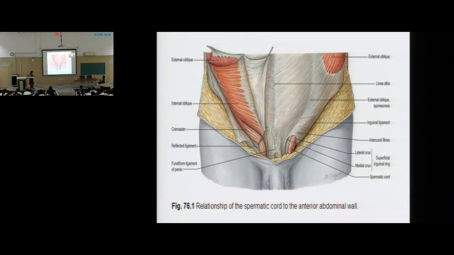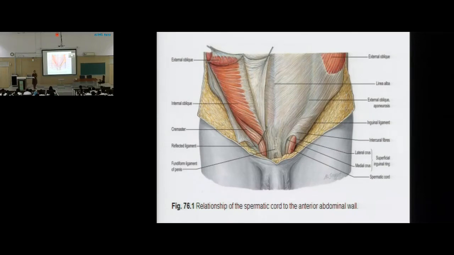Okay, these are the two cruras. अब ये जो crura है, there will be one medial crura. If this is superficial inguinal ring, there will be one crura, that is the medial crura, and that is the lateral crura. Where this medial crura is present and where this lateral crura is present. If I ask you, tell me boundary of this superficial inguinal ring. You will say it is bounded on the lateral side by lateral crura of external oblique aponeurosis. Yes. Medial by medial crura of external aponeurosis. Superficially or towards the roof, it is rounded, where these two fibers are uniting.